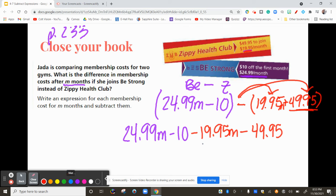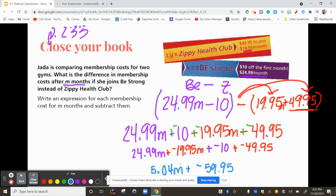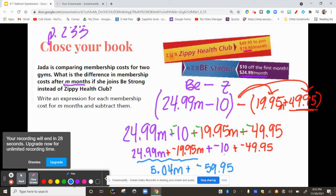To simplify this expression, I'm going to keep change change, and change all of this to addition so I can move things around. When I put the M's together, the monthly fees together, I subtract the monthly fees from each other. Over time, I'm really saving $5.04 per month. But I have to remember that, in addition, I have these other charges to account for. There's like $60 that I'm saving, that's the difference. So in general, I would save $5.04 per month once I got rid of this $59.95. And it would take me, I don't know, 12 months to do that. And then after about a year's time, I should be in